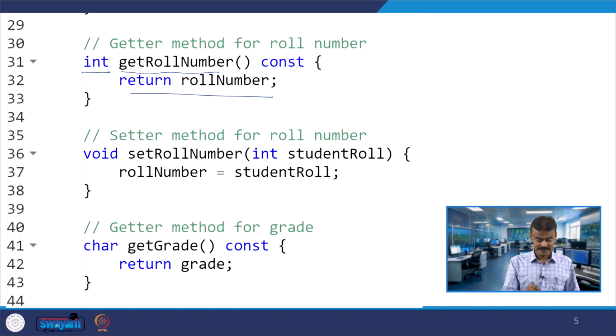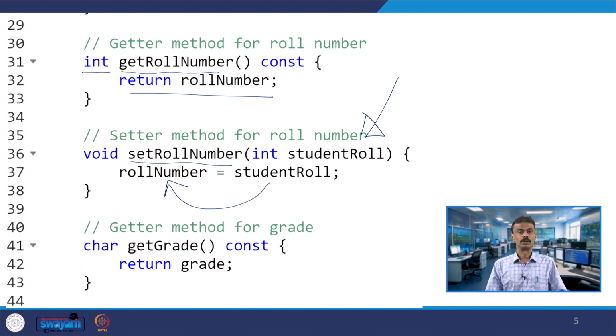And the next one is set roll number. You are passing student's roll number, and the student roll number is assigned to roll number, whose return type is void. And you have one getter method for grade. Get grade is a getter method whose return type is character, which is returning grade.